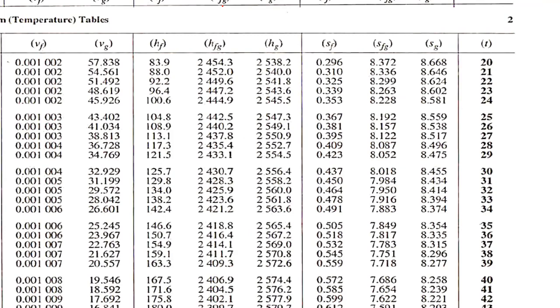Another chart is the temperature based chart, the saturated water and steam temperature table. TW is given in the numerical, that is 28 degrees. So this is our 28 degree, and the corresponding value is PW, because it is the wet bulb temperature in our numericals. So the corresponding value of pressure is PW. Again, we already know the dry bulb temperature, which is also given in the numerical, so the corresponding value is our pressure, PV.